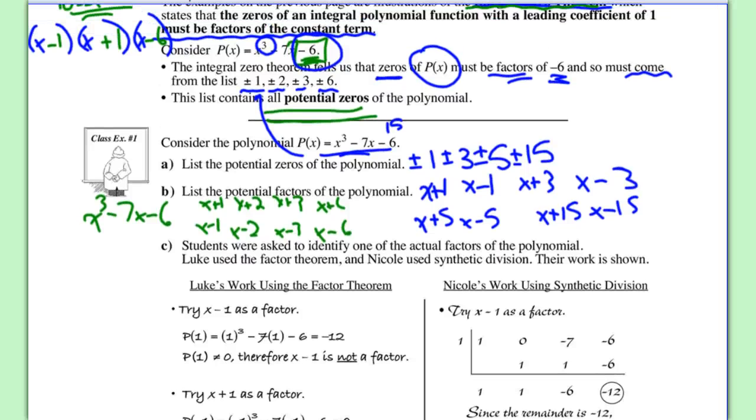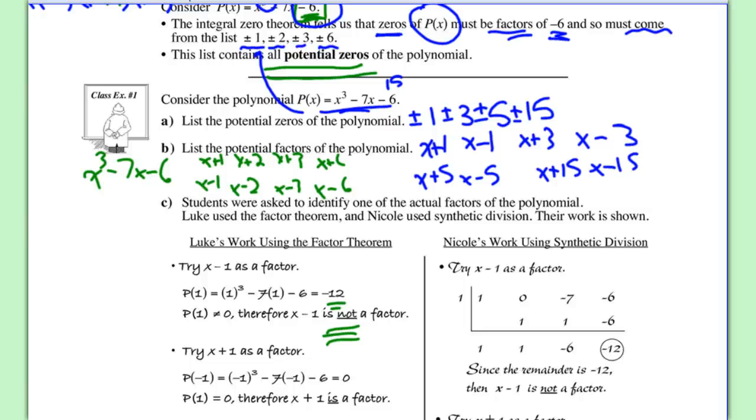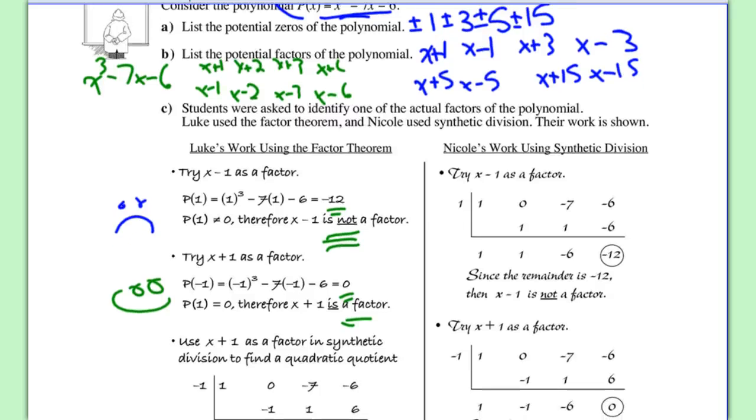Now those of you that did the factor theorem, you'd know that that's not a factor. Okay, and that's how we want to write our work. So then they do another test and they try x plus 1 and they found out that that was 0. That's a good thing, therefore it is a factor. So we'll put a happy face, and this is obviously not a factor, so that's blue. Okay,